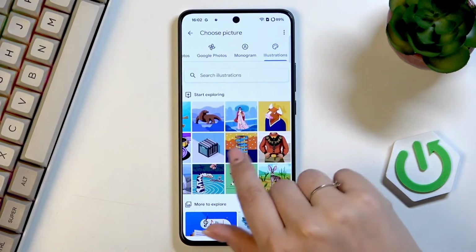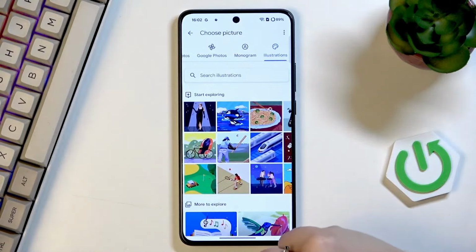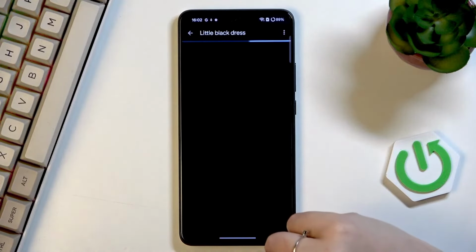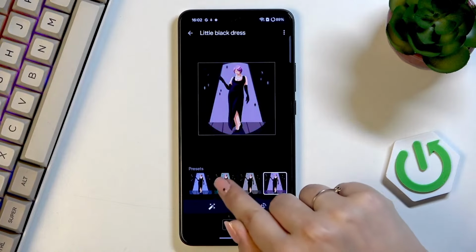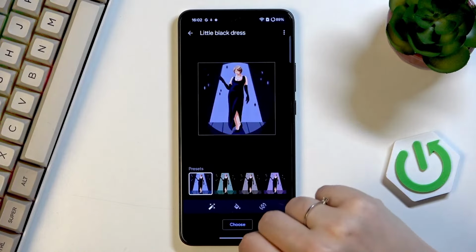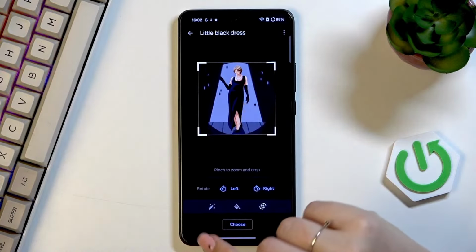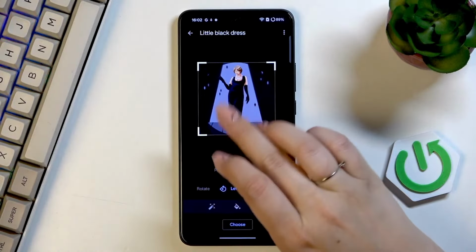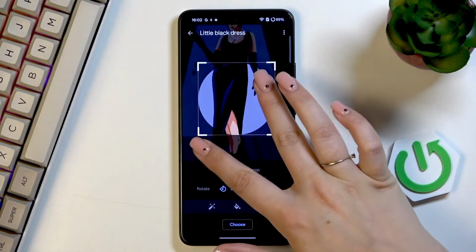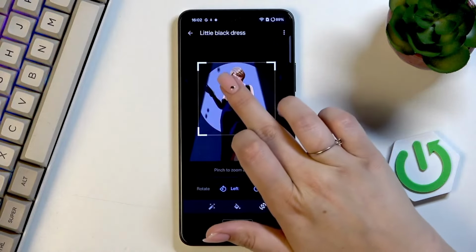So if you do not have a photo of someone whose contact you'd like to customize, you can use those options. So just find the option, and here in the illustrations you've got those presets too. Basically in each option, if you choose the photo or take a photo or use the illustration, you will be able to zoom in or out the photo and change the position of it,